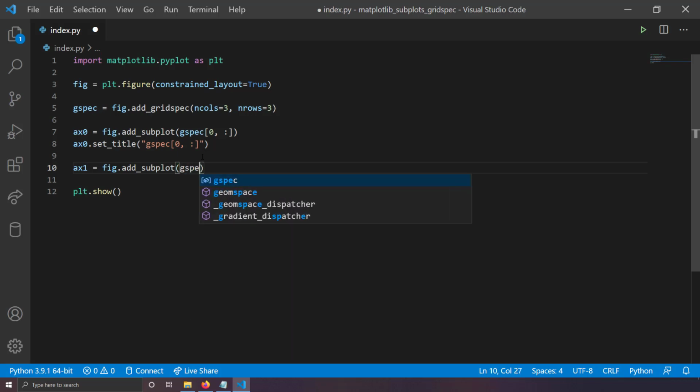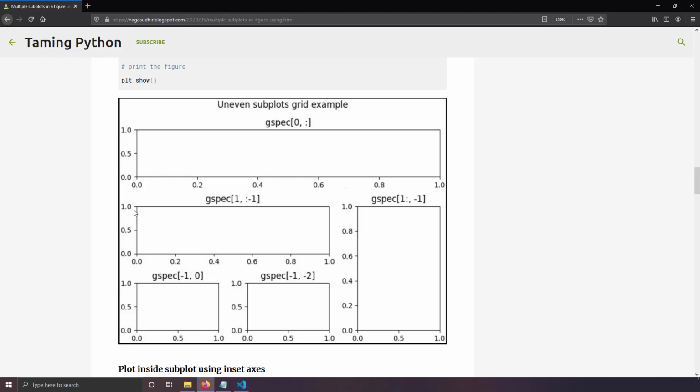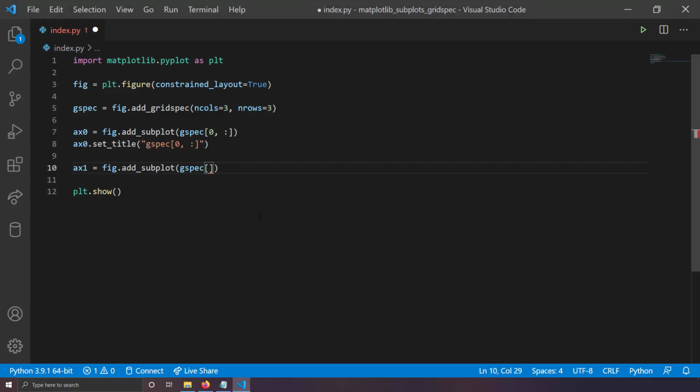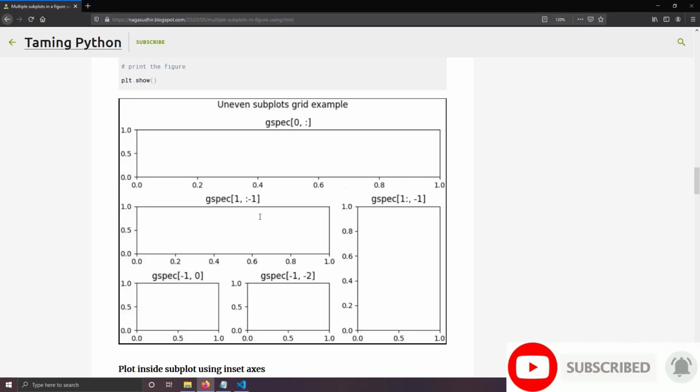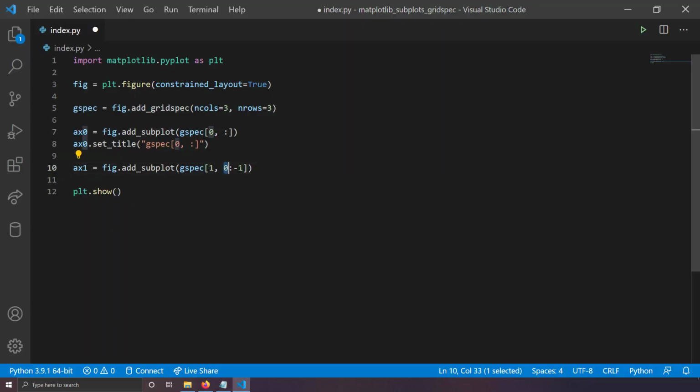So here I'll write gspec of, and for my requirement it was to take the second row, that means index 1, and now I have to write the columns which I'm going to use. So I'll just write 0 colon -1. That means take all the columns from 0 till last but 1. That means except the last column, take all the columns.